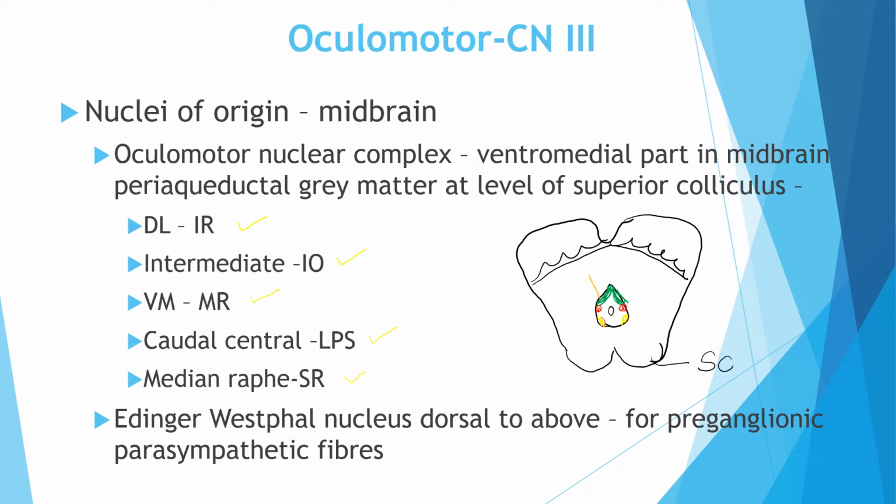Now the nerve arises from this oculomotor complex. It passes through the tegmentum part. Now if you see anterior to this periaqueductal gray matter, at this level the midbrain shows the red nucleus on either side. So the oculomotor nerve traverses through the tegmentum, through the red nucleus, piercing the substantia nigra, and it comes out in the interpeduncular fossa medial to the cerebral peduncles.